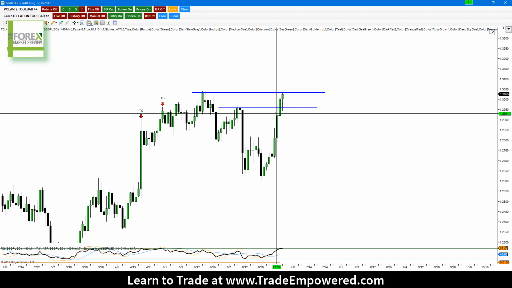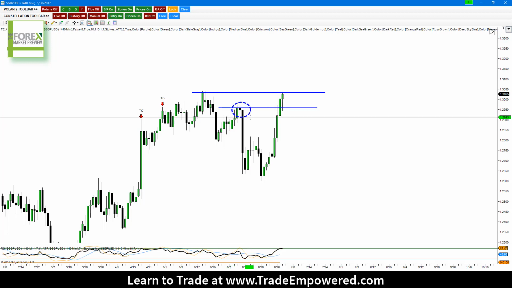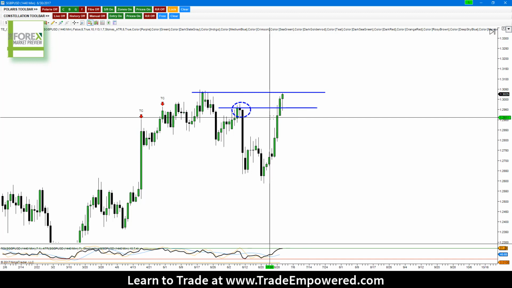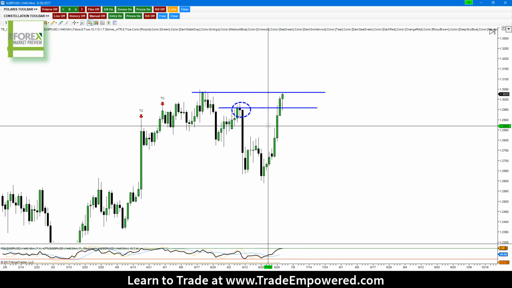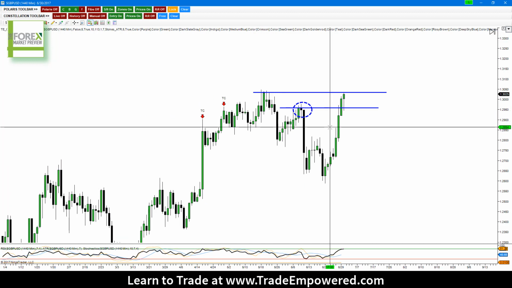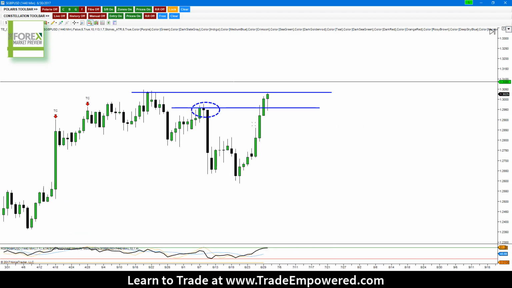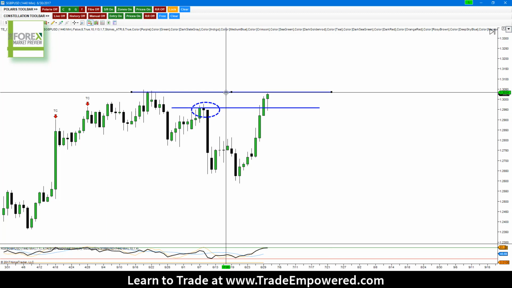I really liked this level right here. We saw a high momentum move come directly after this swing. And typically these levels, the market respects them again. For you guys that are really big into supply and demand, this is going to stand out to you. And the only problem with this is that we have another level of resistance right on top of it.